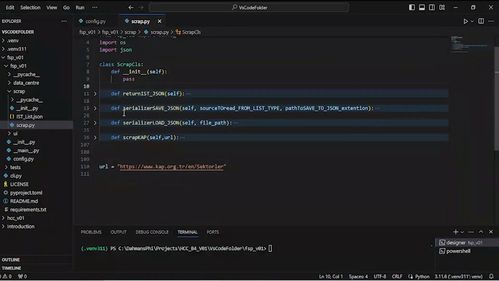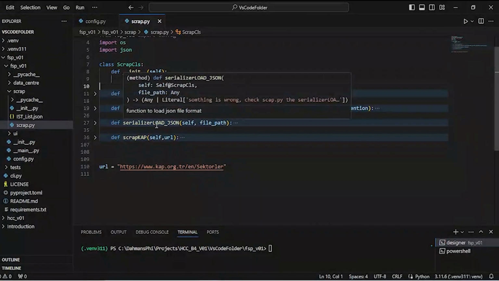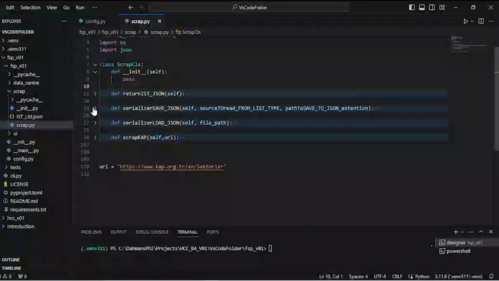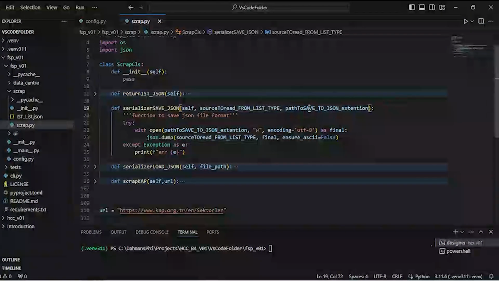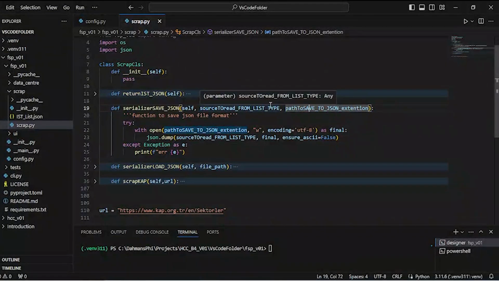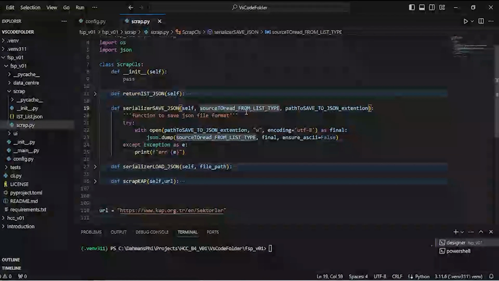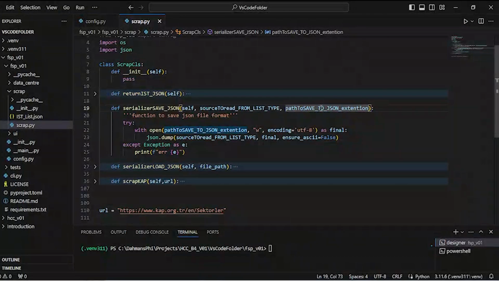In addition to that, I created two more functions here: serializer save JSON and serializer load JSON. So these are two functions. One of them, as the name is indicating, is to save a JSON file and the other to load a JSON file. We will have to actually deal with some of the functionality to read and load JSON files. That's why the first function expects two important arguments. First one, what is the source that you want me to read, and where you want me actually to save,